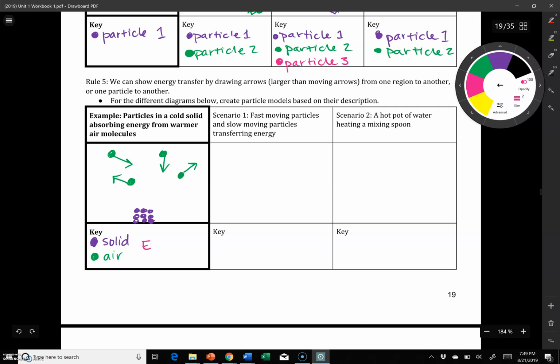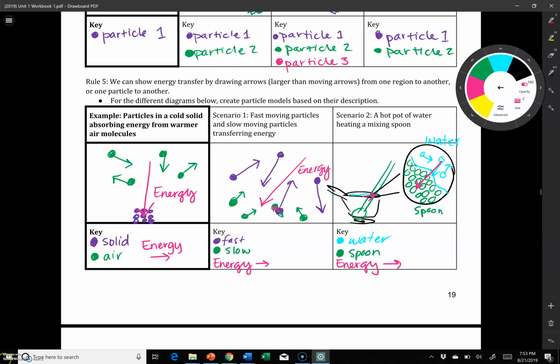So our next thing is to add an energy arrow. And we're going to represent energy with an arrow. And so energy flows from where it is warmer to where it is colder. Energy never flows from colder to warmer because cold is the absence of heat energy. If you don't have it, it can't move from there. Okay, so since the air is warmer, energy is going to flow from the air to the solid, and we would label this energy. So complete the other two scenarios. And here is the answer for these. Notice